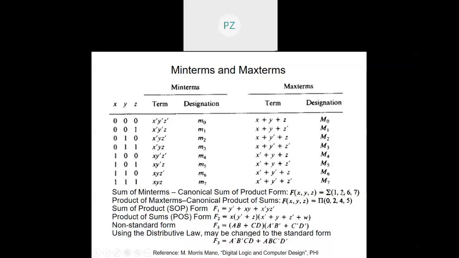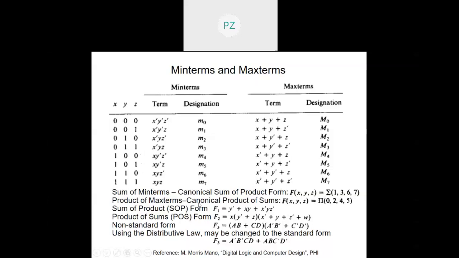This is a small m3. This is a small m6. This is small m7. So I'll call it sum of product form. So it says I'll have a 0 here and a 1 here and a 0 here and a 1 here because of that 3, and then 0, 0, 1, that is 6, and a 1 here again. So this is the canonical sum of product form, which is the sum of min terms.